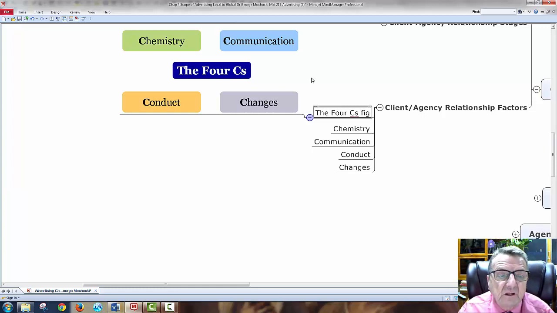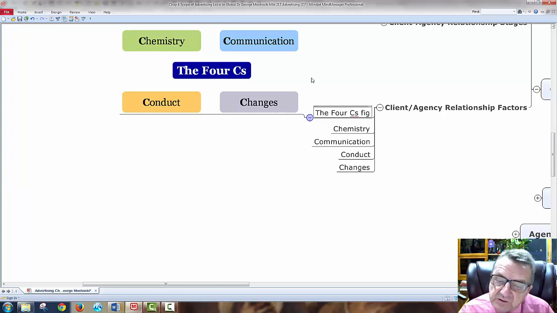And then conduct. I have to conduct myself properly, for lack of better words, be professional, ethical, and I have to be flexible enough for any kind of changes. Because the client says, well, I want this, and I worked all weekend, here it is. I don't know, I thought about it, I don't think I like that. Could you change this? Sometimes in your mind you want to choke the person, but you don't say that. You say, okay, we'll redo it. You know what I mean?